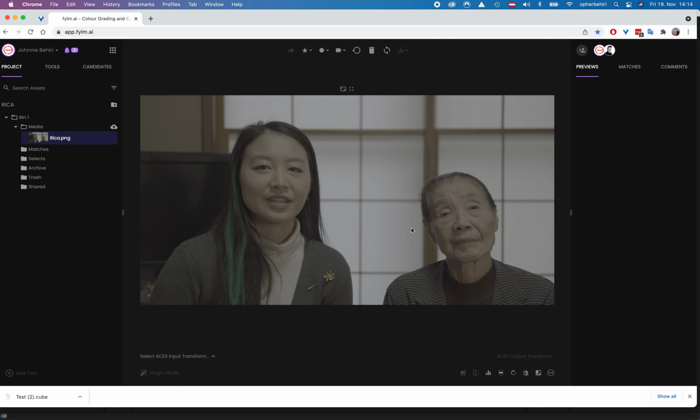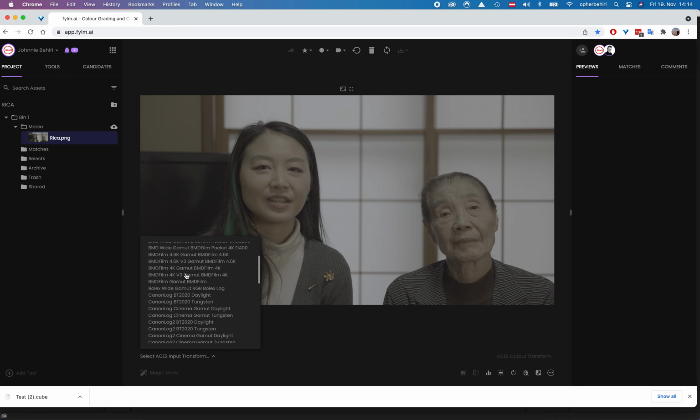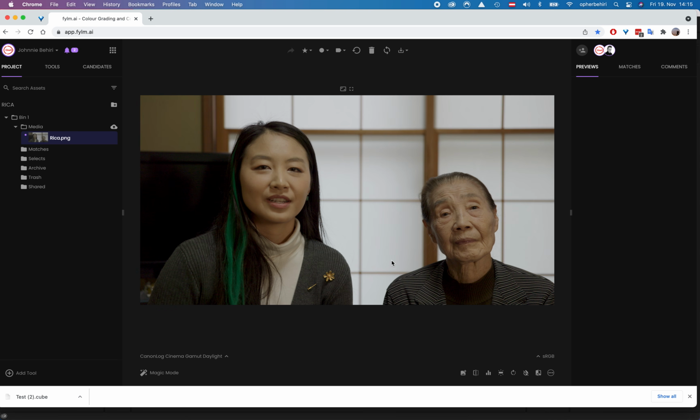Here it is. And the next thing that I have to do is select my input, which manufacturer log file I use, and color temperature. So that was a Canon camera with daylight. It was a normal C-Log, and that brings the color of my image to the Rec 709 color space. And of course I have to make sure that my output is correct, and when I say output, I mean the type of monitor I'm viewing my work on. In my case, it's an sRGB computer screen, so I leave it as is.